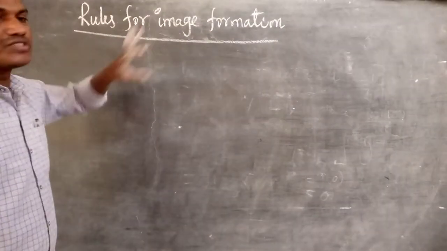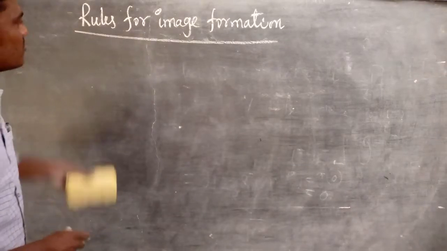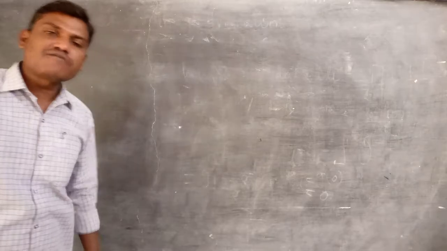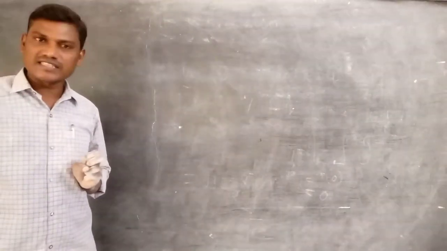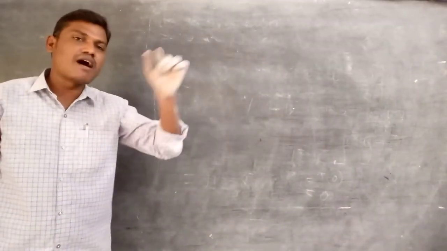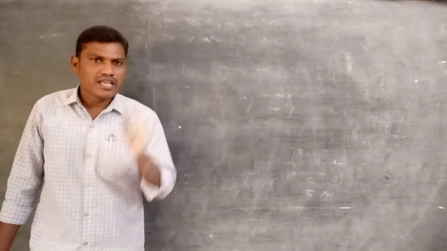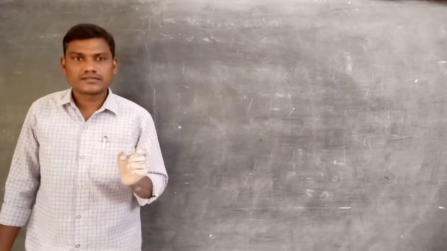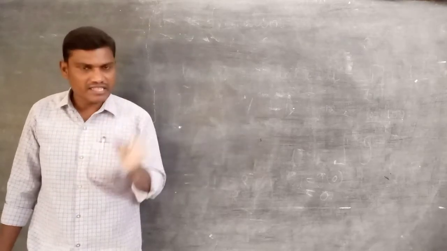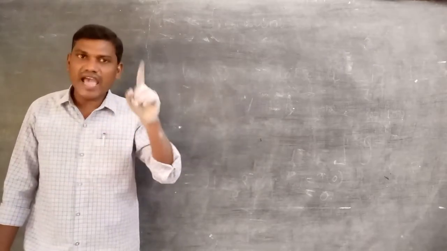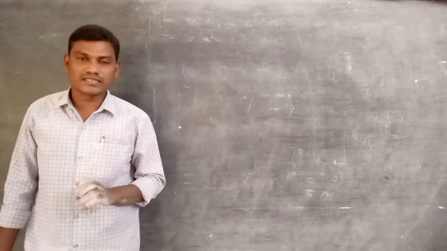But before going to this, I clearly explained in our study how many types of lenses there are. Two types of lenses are there: convex lens and concave lens. A lens which is thinner at the margins or edges and thicker at the middle, that lens we call a convex lens. It acts as a converging lens.